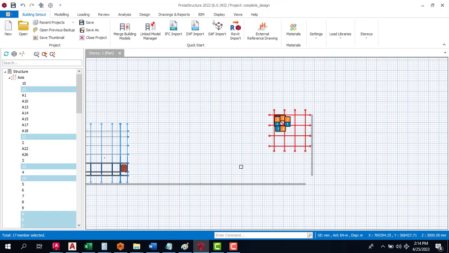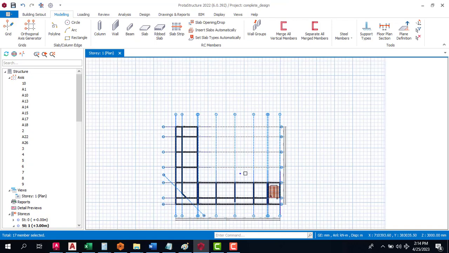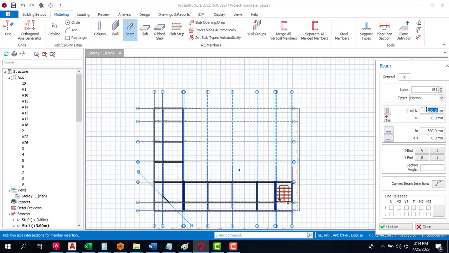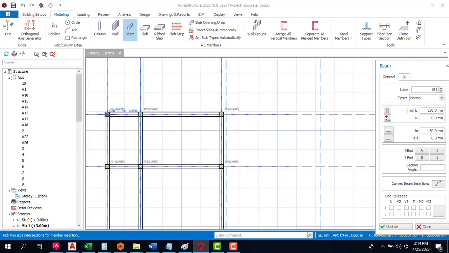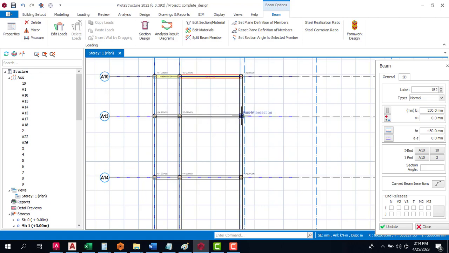So let's go back to the main project itself that we are actually trying to achieve. What I will do now is to click on my beam. If I click on this beam I'm going to be using a 230 by 450 thickness of beam. So all I need to do is to come here after specifying the cross section of that beam. I come here and I drop, I come here and I drop, I come here,